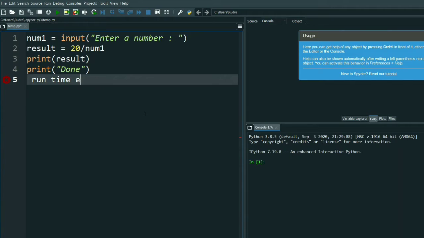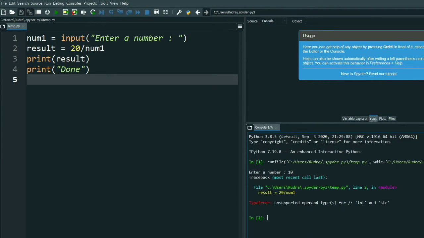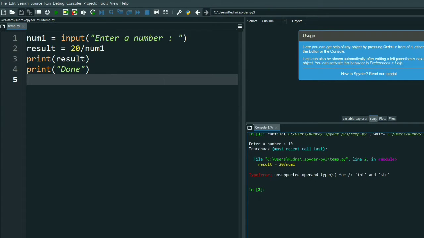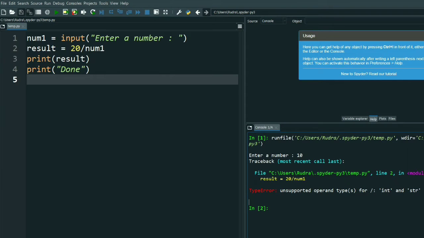Now I have just written a small code to show you that there are so many exceptions. I will show you in this code. See, I've just taken an input. I've done something wrong here; I think you can recognize it easily. Now let's see what the output is. See, enter a number. This is also okay. I'm giving 10. See, there is an error. A type error.